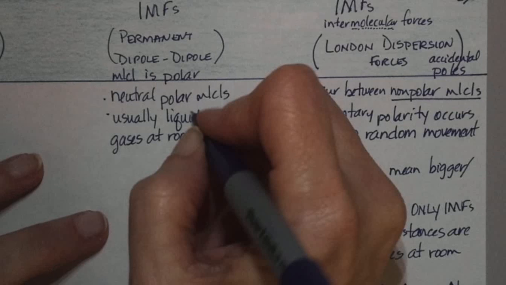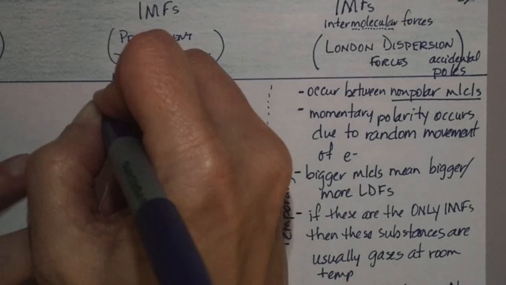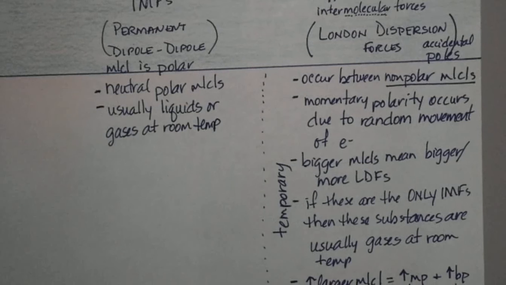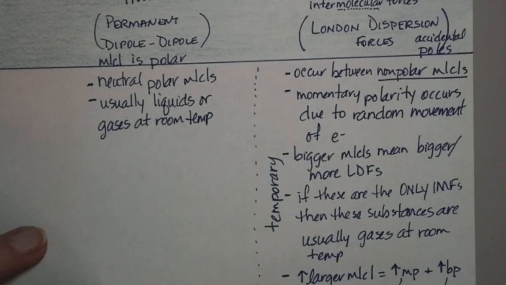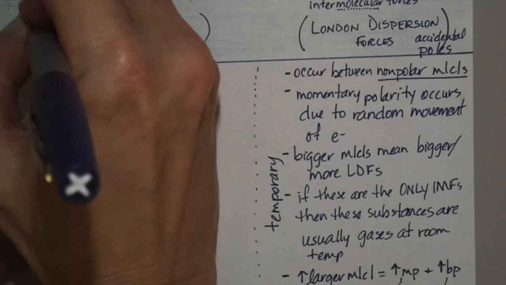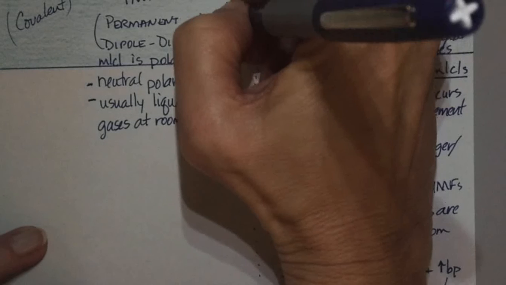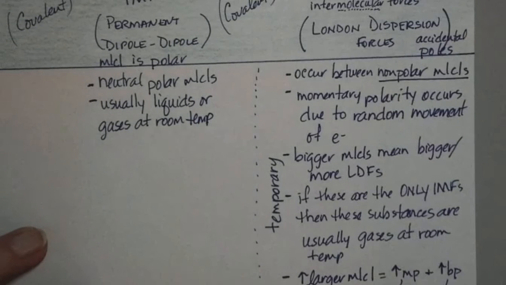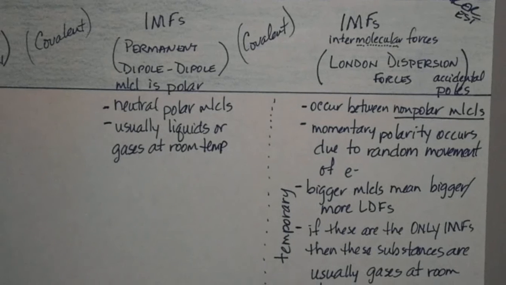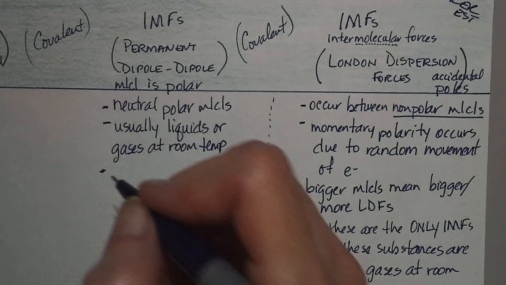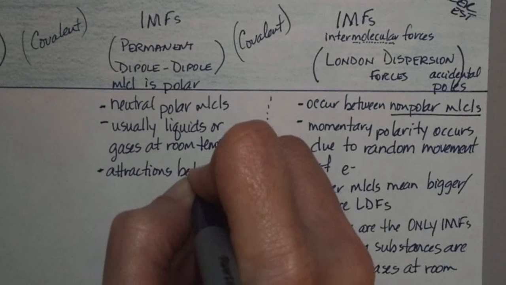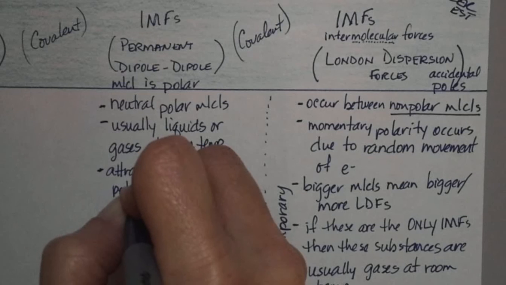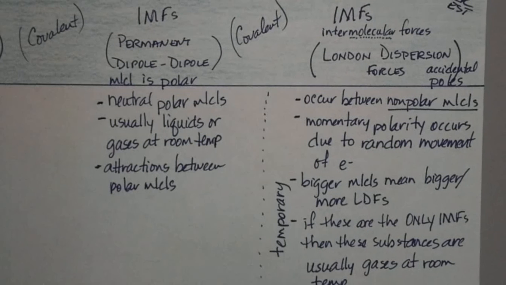And again, all of these are covalent, okay? All these things we're talking about right now are covalent compounds. So if you want to write on here, you can write in here covalent if that makes you happy. We're talking about molecules, so it's definitely covalent. So when we talk about these dipole-dipole, these are attractions between polar molecules. Now, you can also have mixtures, and here's another one I'm going to throw in here with this, you can have a